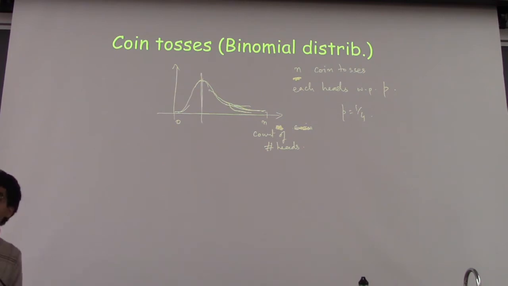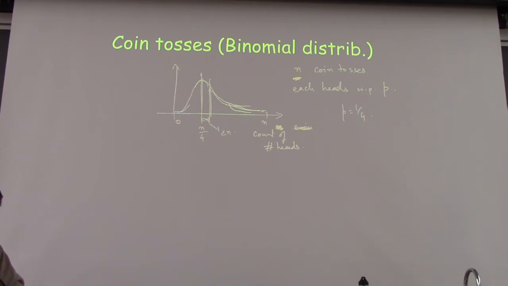So the question we want to analyze, if you think of it pictorially, is what's the likelihood that you are far out from this expectation? If this is n by 4, what's the likelihood that you deviate by something like epsilon times n? So this number is epsilon times n. Is what we are doing clear?